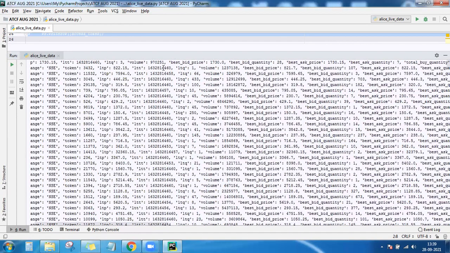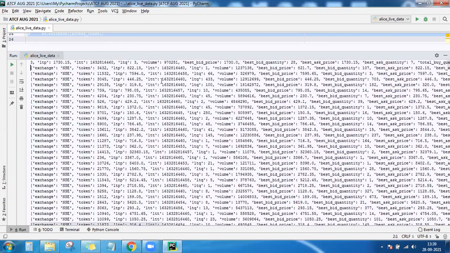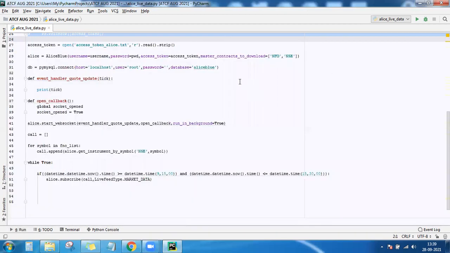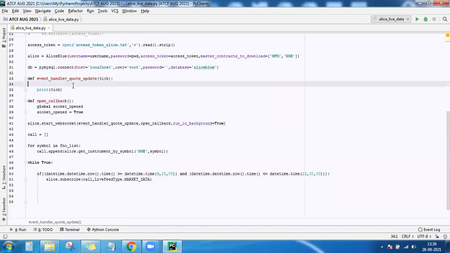See, LTT is 1640460 and even the exchange timestamp is also the same. So like this, you will be getting a single dictionary for a single symbol. And whenever there is a tick available, that will be pushed into this one.